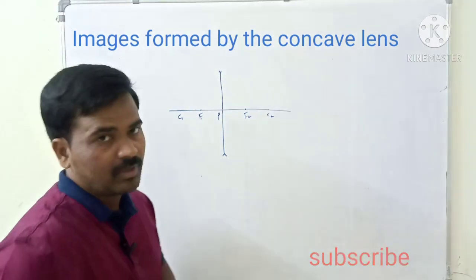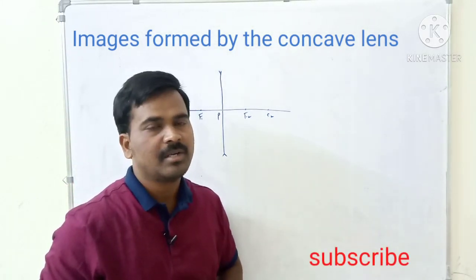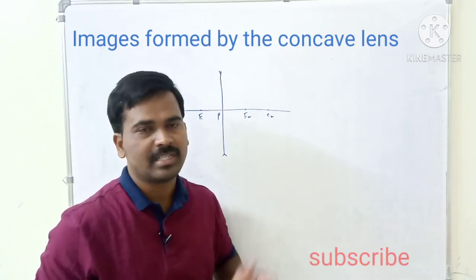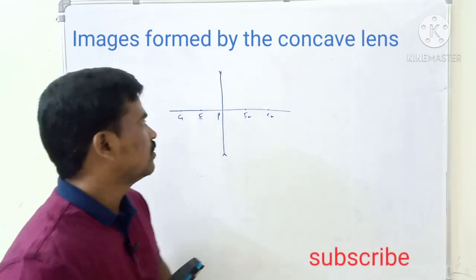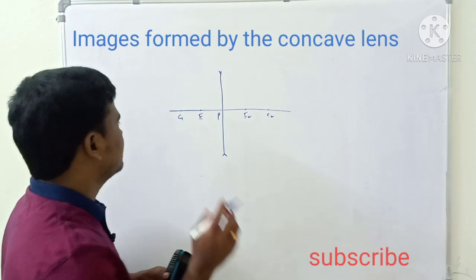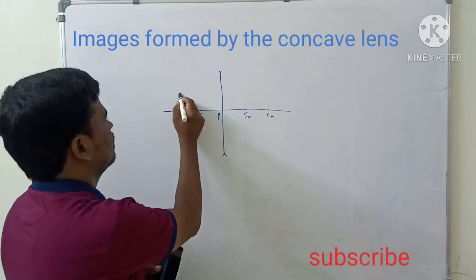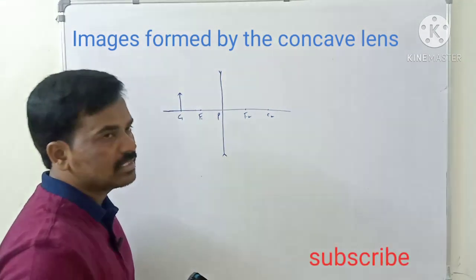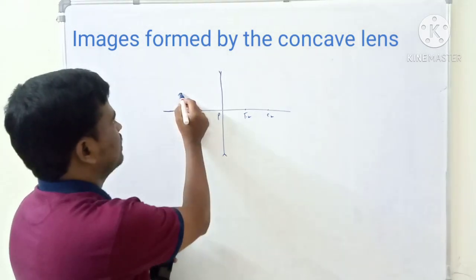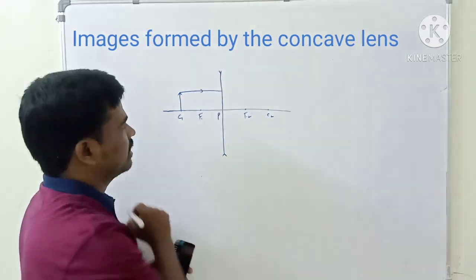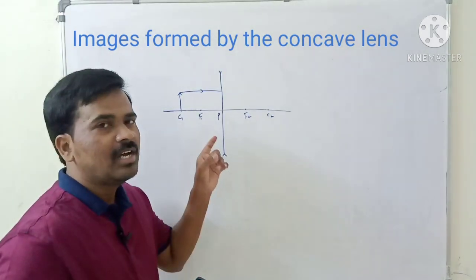center of curvature. In a convex lens, how do we find the position and the size of the image? By drawing two rays which intersect, to find the position of an object. So here also we take two rays, but a little bit different because it is a concave lens. Let me take an object here. To find this object's image and position, we have to draw two rays. The first ray is parallel to the principal axis and the second ray is the ray which is going to the optic center.